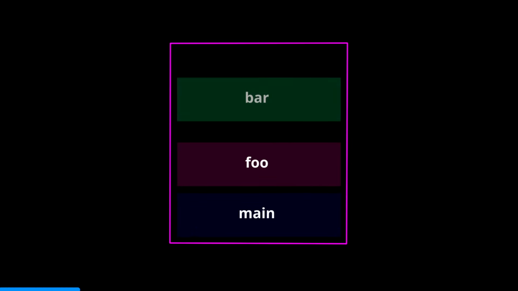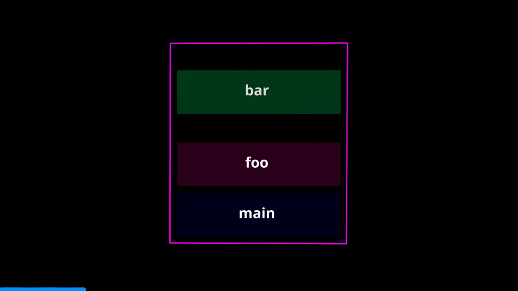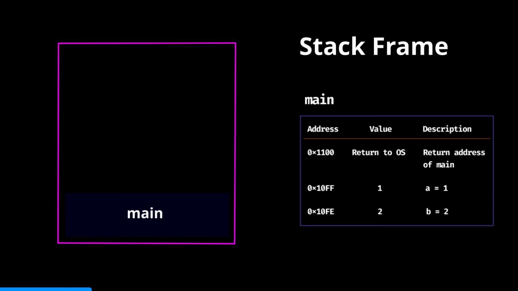The stack follows a last in, first out order, meaning you can only add and remove items from the top. It's divided into stack frames, where a new frame is created whenever a function is called. These frames store the return address, so the Rust runtime knows where to resume execution after the function ends, and any local variables. It's important to note that only fixed size variables, like integers and booleans, can be stored on